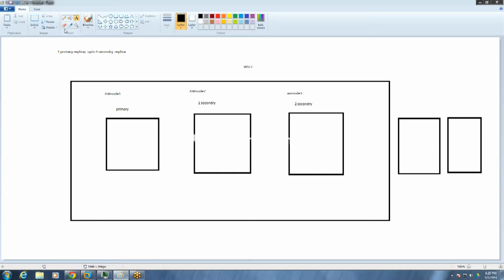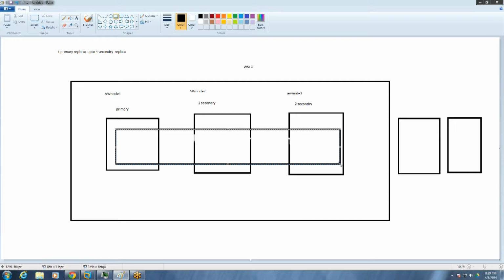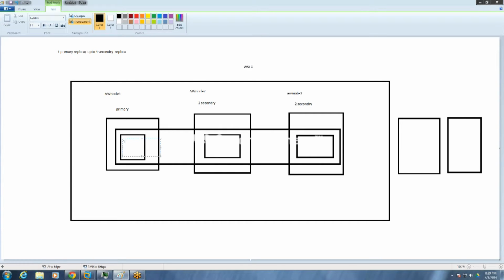Let's make one more thing right over here. Suppose this is our Always On availability group. Let's make 3 more boxes over here and name them primary replica. One replica can be set up on the first node. So basically a node is considered a replica over here.